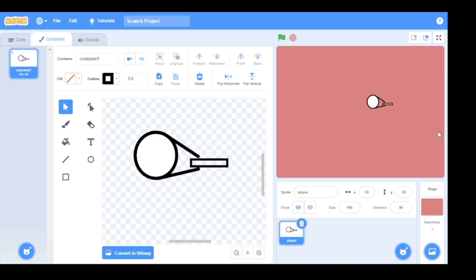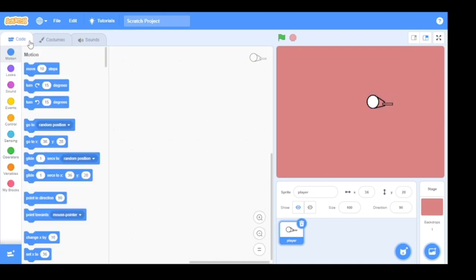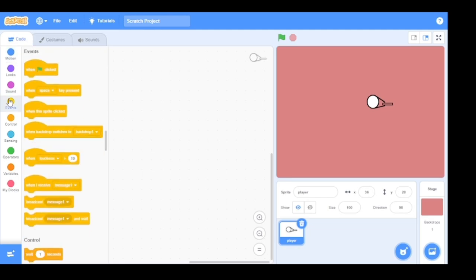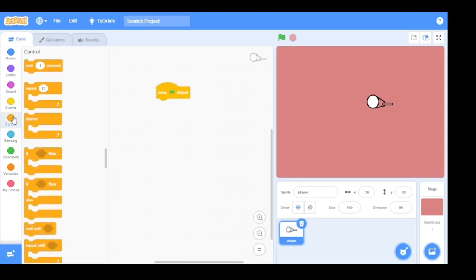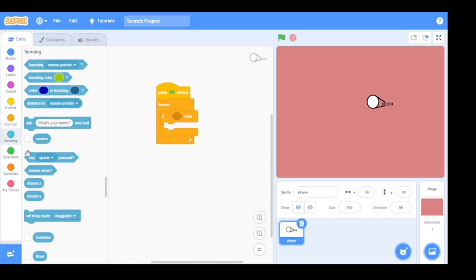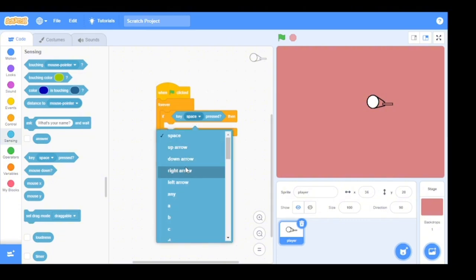Let's make things interactive. Now in this player sprite, I'll go to the code bar. Then I'll go to events. I'll pick when green flag clicked. Go to control. I'll pick forever. Still in control, I'll pick if then. Then I'll go to sensing and pick key space pressed. Now I'm going to change this to right arrow